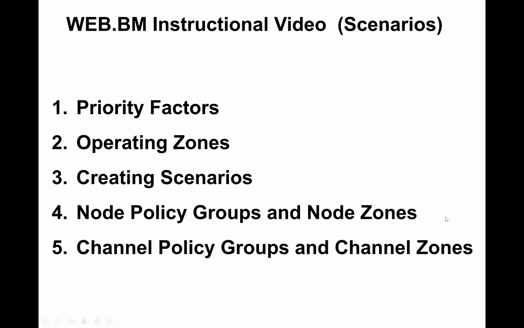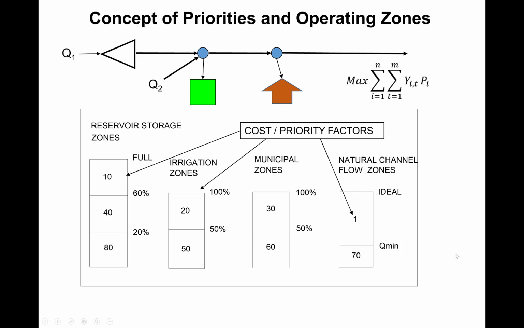groups and channel zones. Those are explained in the following slide, where you have a small example with one reservoir, one tributary, one irrigation block, one municipal demand, and one downstream channel which has environmental flow targets. Each of these components is shown in the diagram below, and each of them is split into two or more